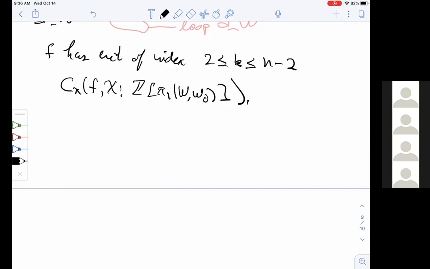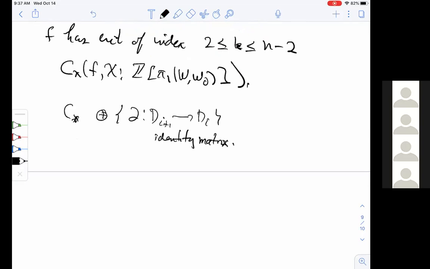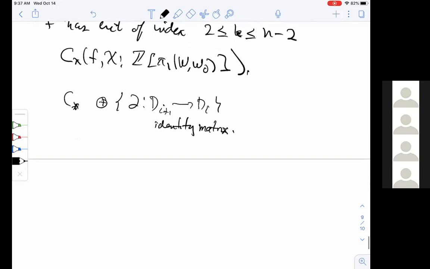Well, I had this lemma about these chain complexes that says if you have a chain complex like this one, free and finitely generated, that you can, by adding trivial complexes of the form boundary mapping D_{i+1} onto D_i, identity matrix, so by adding a finite number of trivial complexes with trivial homology and trivial torsion, because the boundary map is just the identity between 2 free modules, you arrive at